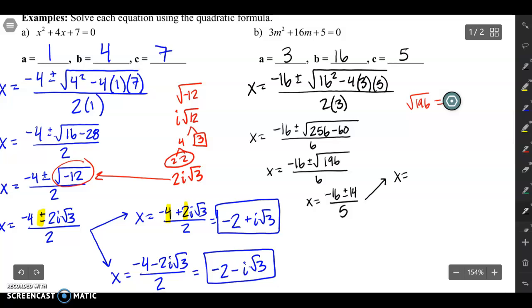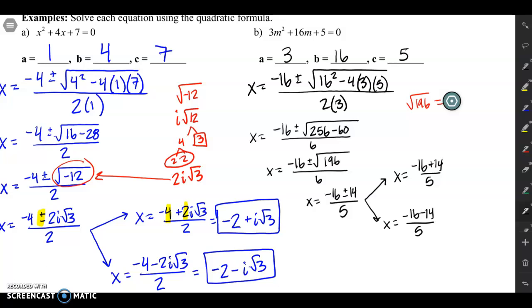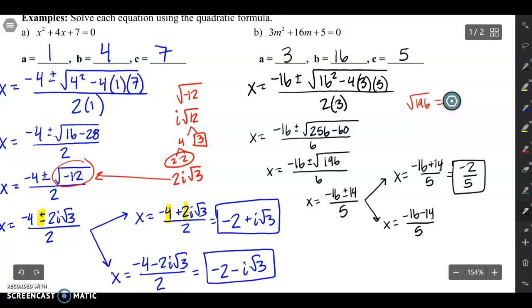So I have x equals negative 16 plus 14 over 5, and x equals negative 16 minus 14 over 5. So negative 16 plus 14 is going to be a negative 2 over 5. Can't simplify that fraction any further, so that's one of my answers. Negative 16 minus 14 is a negative 30 over 5. That fraction I can simplify because negative 30 divided by 5 is just 6. So my two answers for that are negative 2/5